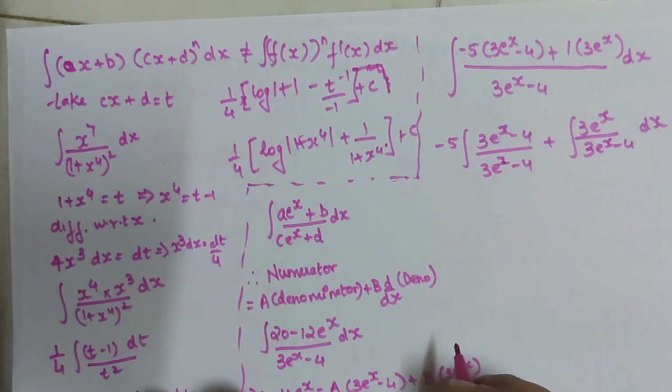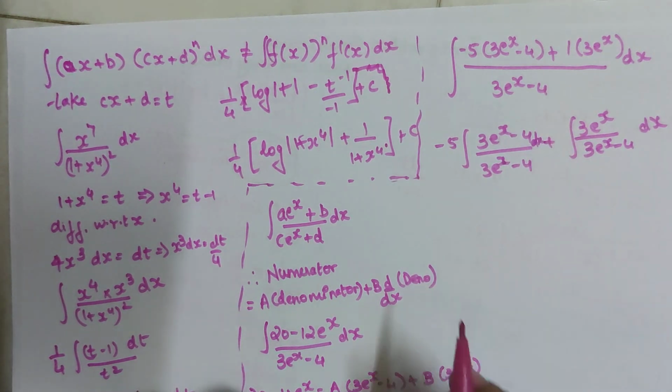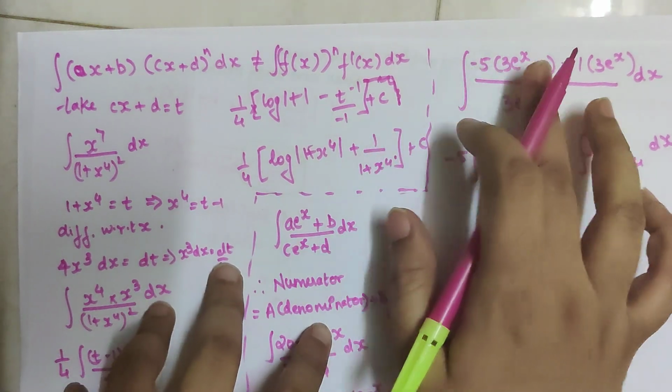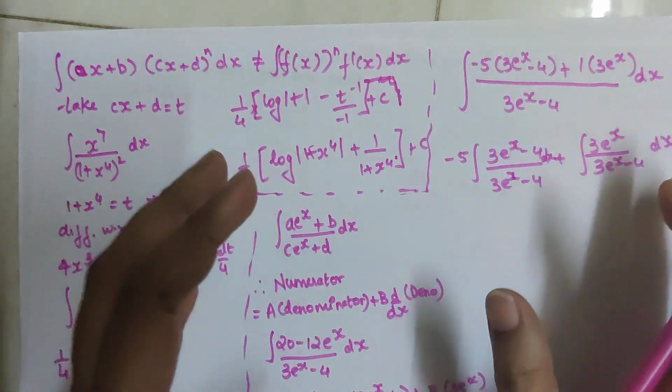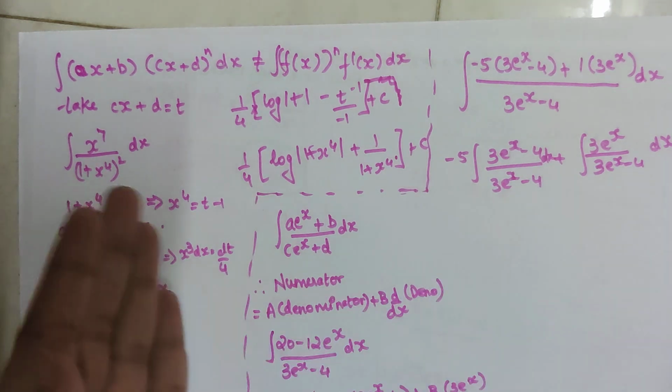dx. Now students, here also there is dx. Many of my students make a mistake: they take this 5 inside, and then they try to understand what is the coefficient for e raised to x, and then take the constant on the other side. That is completely a no. There is a reason why we did this, so that we can split it.